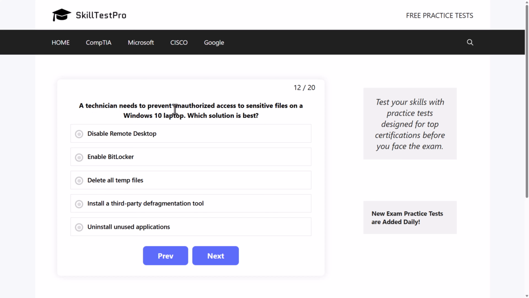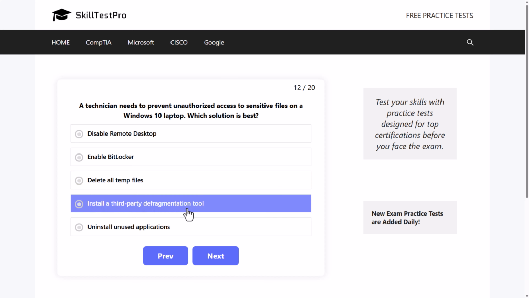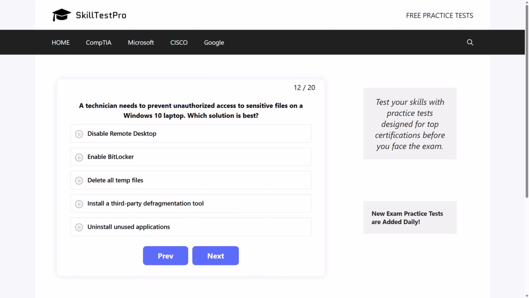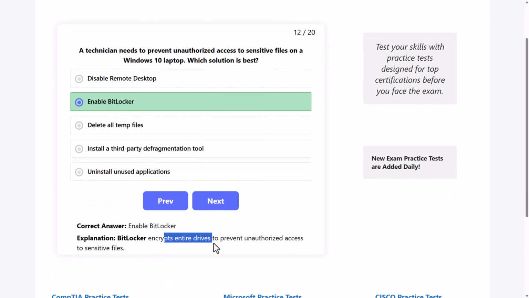A technician needs to prevent unauthorized access to sensitive files on a Windows 10 laptop. Which solution is best? Disable remote desktop, enable BitLocker, delete all temp files, install a third-party defragmentation tool, or uninstall unused applications. Which one would be the best solution here? And the best answer here is enable BitLocker, as BitLocker encrypts entire drives to prevent unauthorized access to sensitive